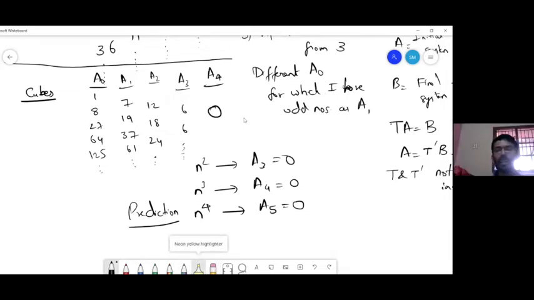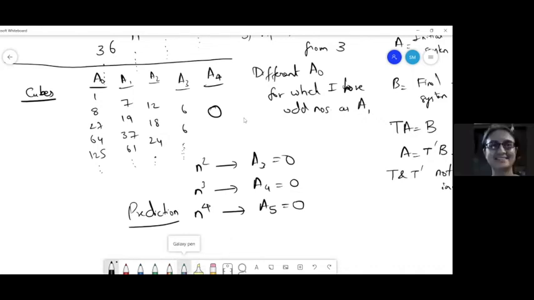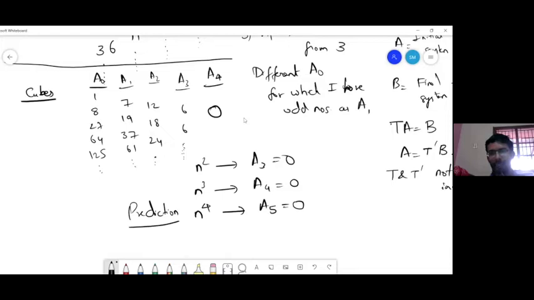Okay. At this stage, others, do you have any comments to make? I have also mentioned in chat. Yes, Kumar. I also feel the same thing, that for successive exponents, we will have the difference as 0 at successive levels. So from A4 to A5, A5 to A6, and so on. Okay, so now you're making note of where the 0 is occurring.